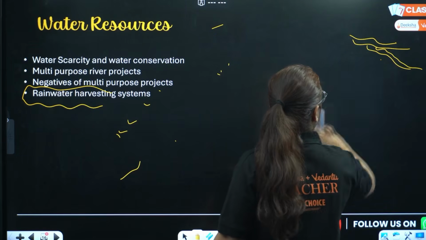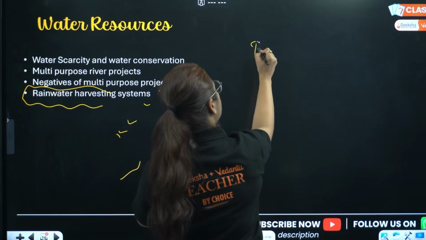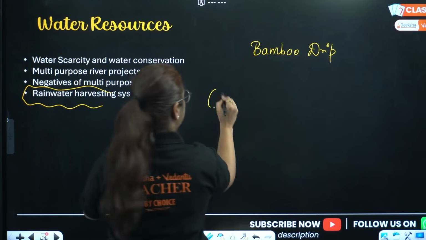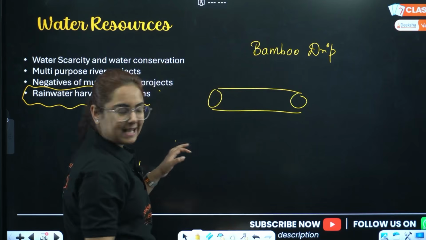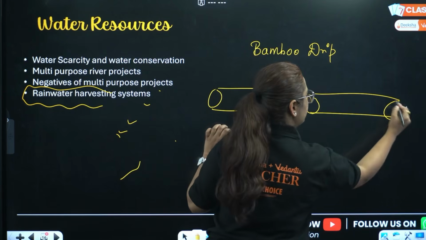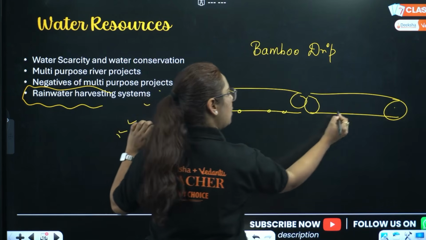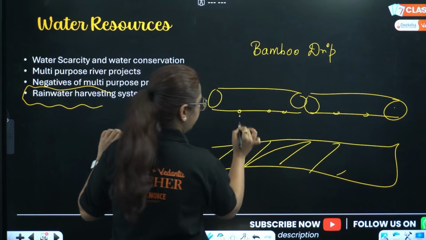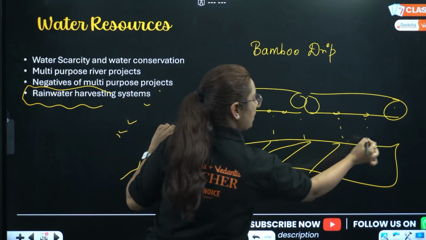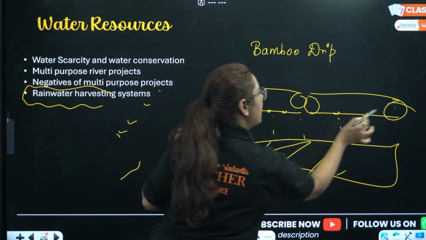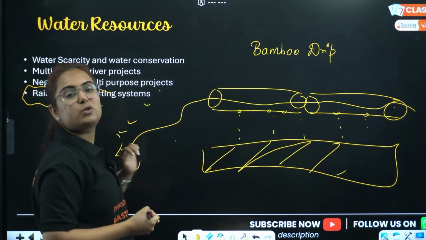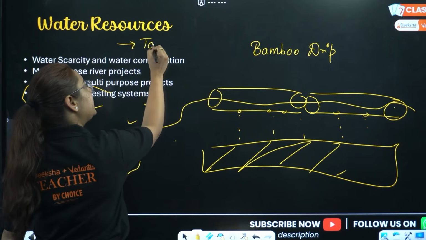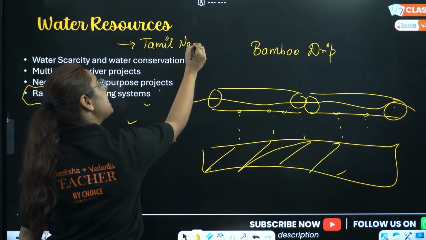Acha, what are the points we need to remember? Where is bamboo drip irrigation practiced? Why? This is bamboo, a hollow structure inside. They join it together, make small holes, take it to the agriculture field and it gets irrigated. Or in a similar way, they can pass the water from here or divert it to a storage place. Get it? Okay, which state made rainwater harvesting compulsory?